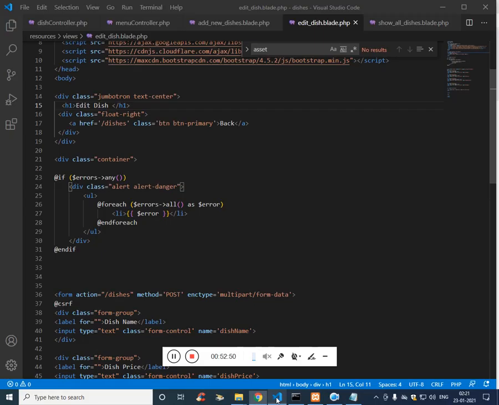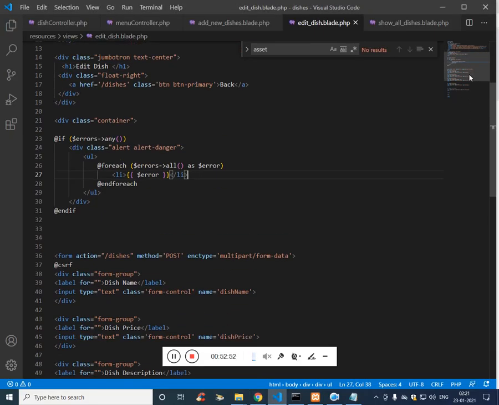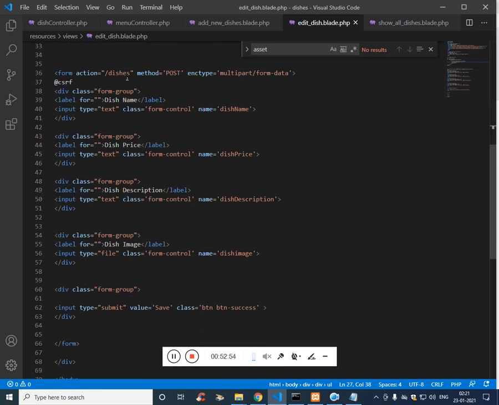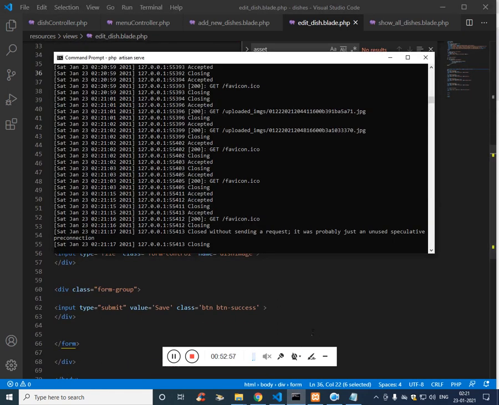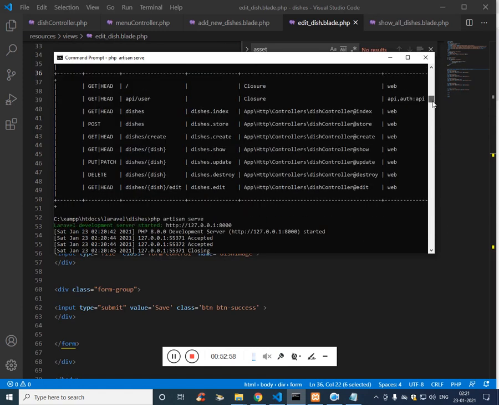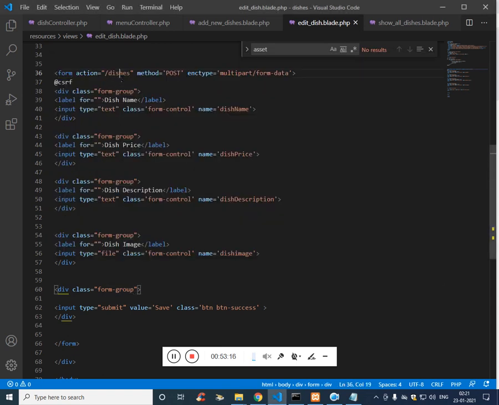Just we need to make sure the URL where we are passing here, the edit is done. Now it's time to update. So when I click on submit, the update part is here. So the URL is dishes slash now we need to get the values.